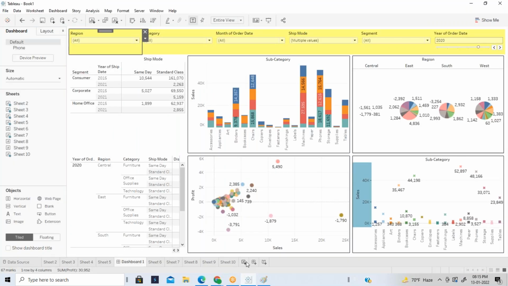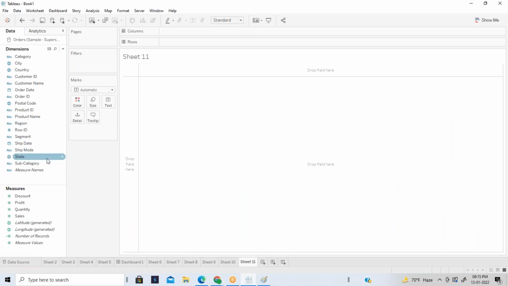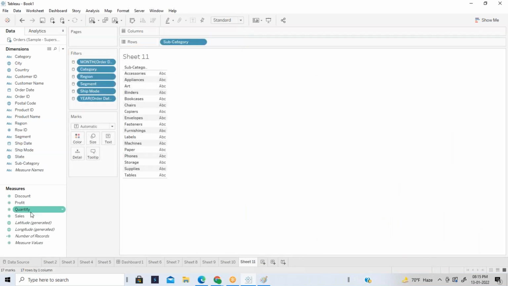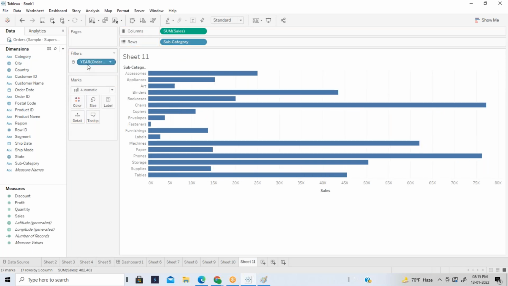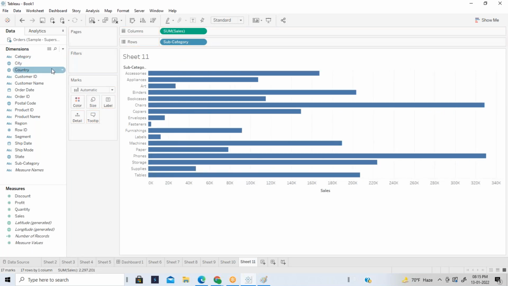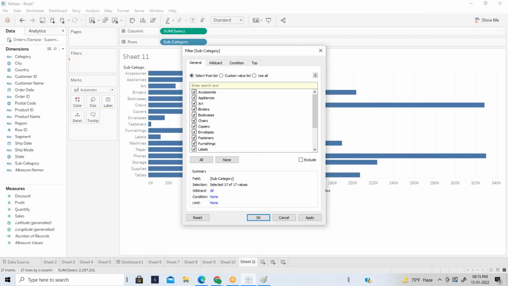And I just forgot to tell you guys one more thing. See, I've just added the subcategory and sales. I just want to see the top 5 records. To get only the top 5 records, take the subcategory, add it into the filter.